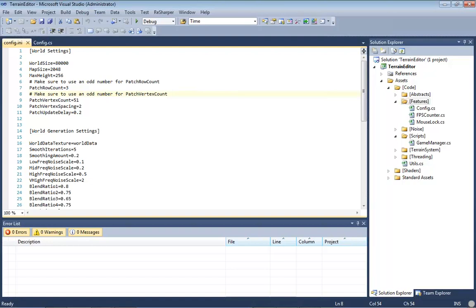Now, we're going to make some fairly drastic changes here. We're going to set our world size to 81920. Map size is still going to be 2048. Max height is going to be set to 512. All right, now,